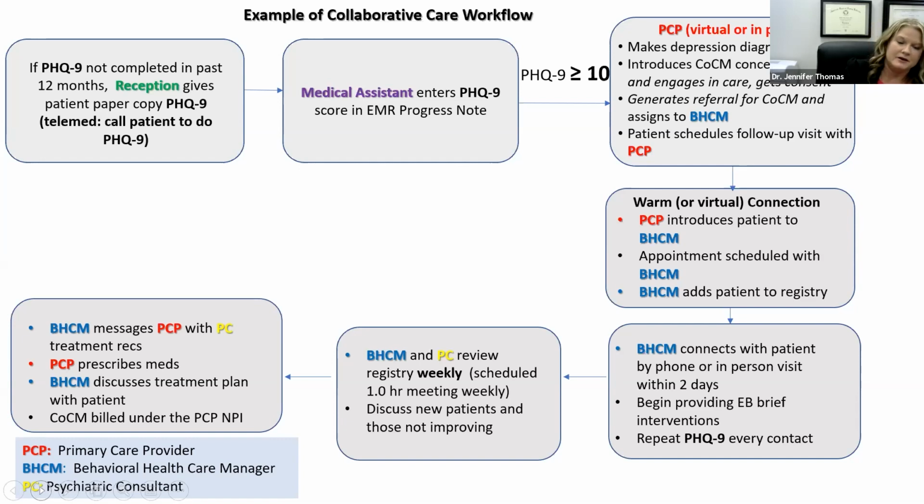And then for billing, the billing for the collaborative care codes is billed under the PCP. So if my patient is receiving collaborative care, care manager Christine is going to be tracking her minutes. When she gets to, it's like 70 minutes for the first calendar month, she can drop a collaborative care code. So that's a way that the clinic can not only deliver integrated care, but then bill for